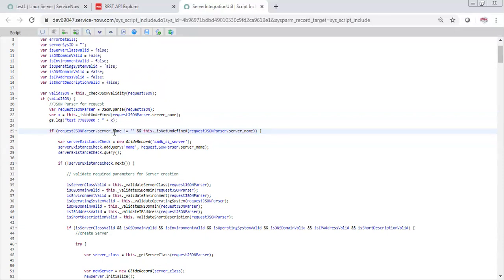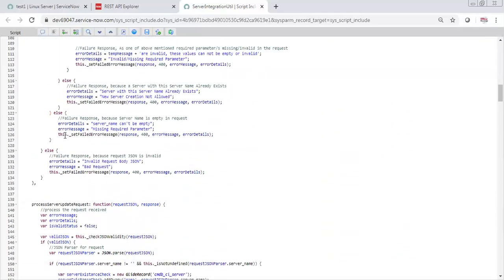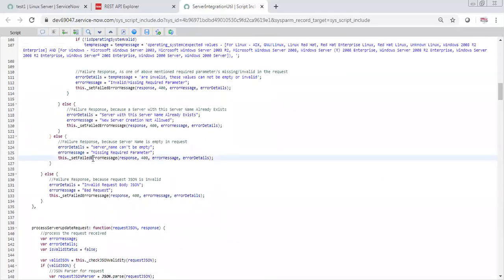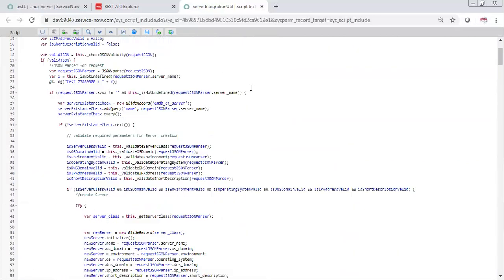So here it is server, and in another integration it could be XYZ. If this XYZ is not valid, then you can send the error, and your error function is again standard for you. Then again the further parameters you can check, like whether the server exists or not. These structures again can be the same. The validation definition can change.